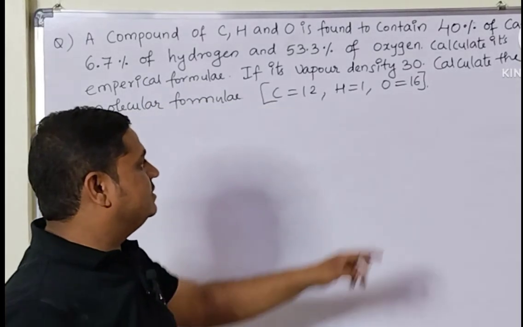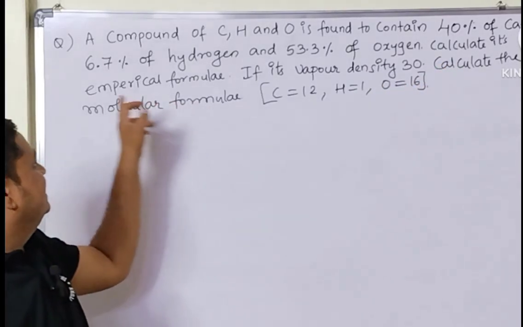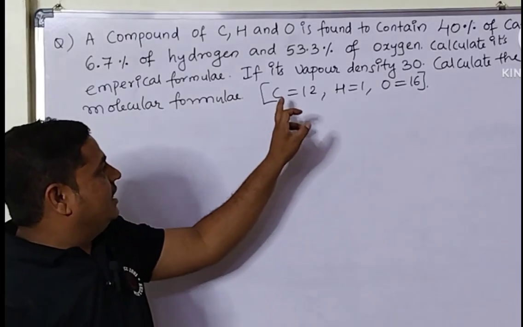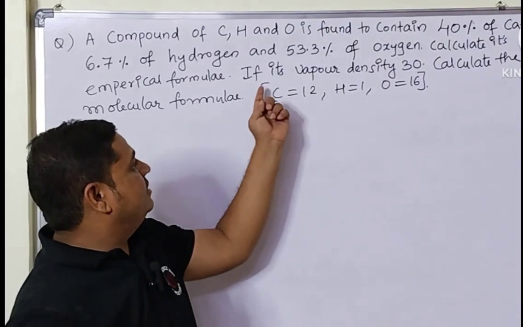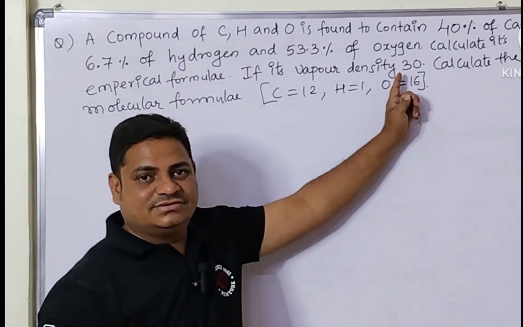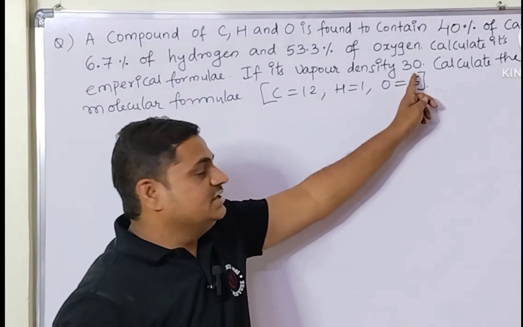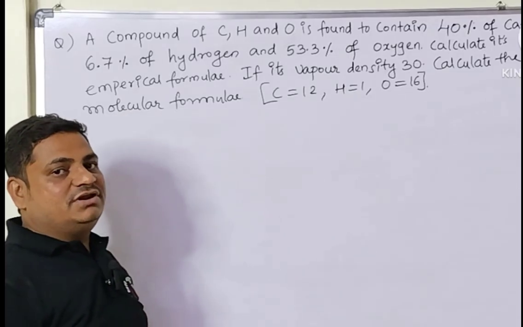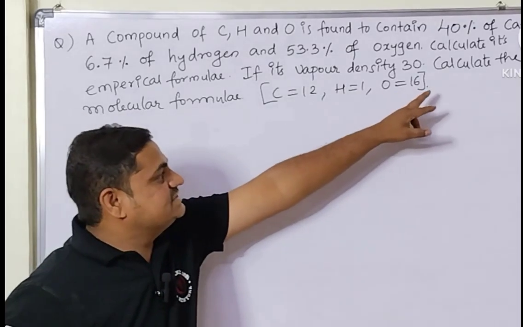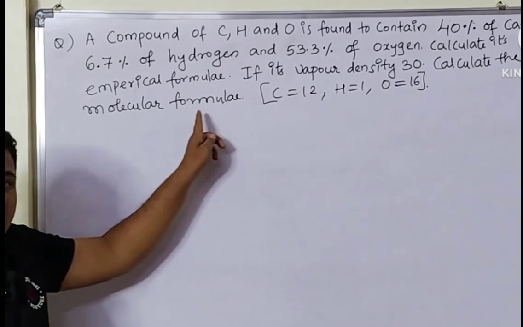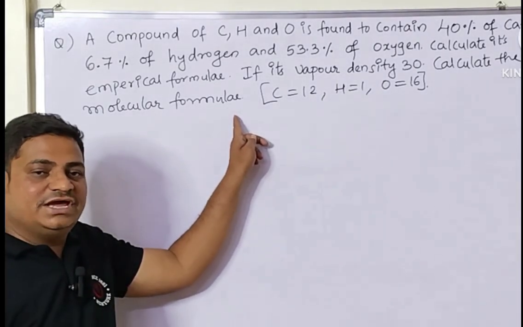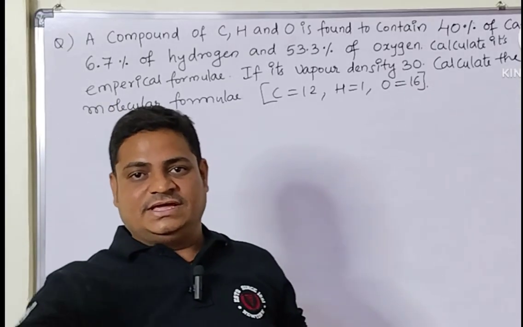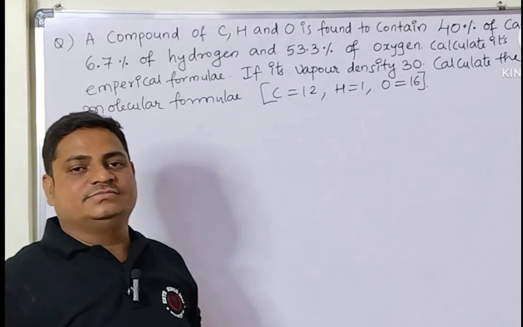So what is being asked here? Calculate its empirical formula. And one more thing, its vapor density is given. What is the vapor density here? 30. They are not only asking to calculate the empirical formula, they're asking you to calculate the molecular formula as well. So what is the procedure to calculate the empirical formula